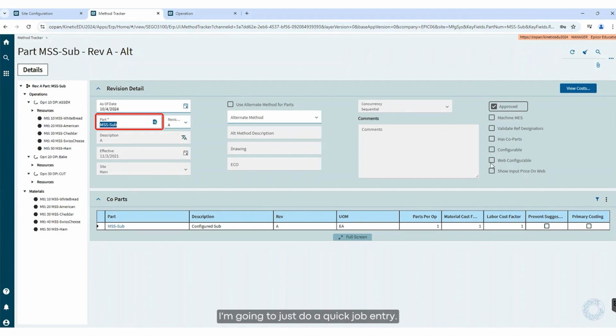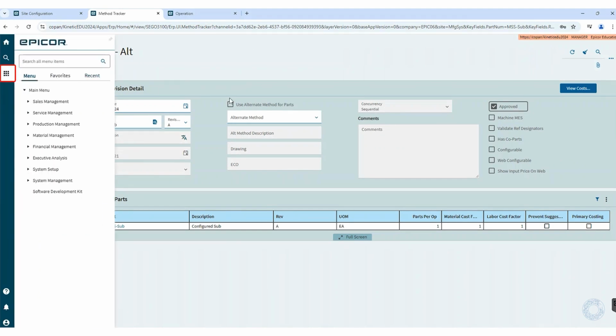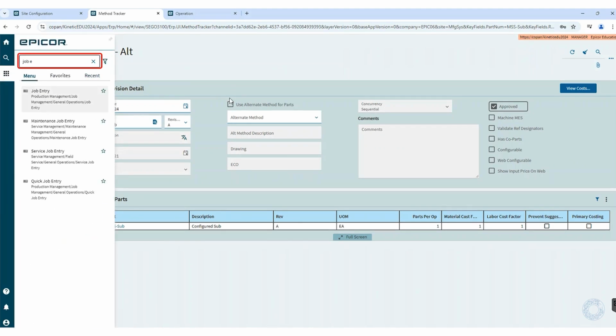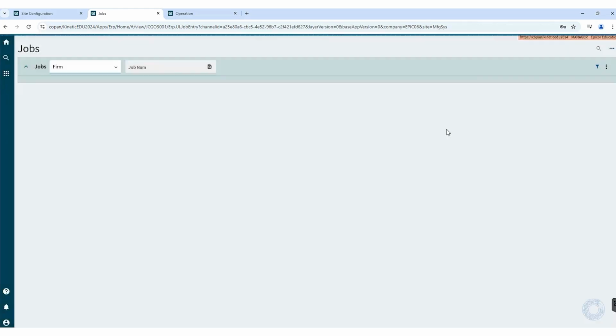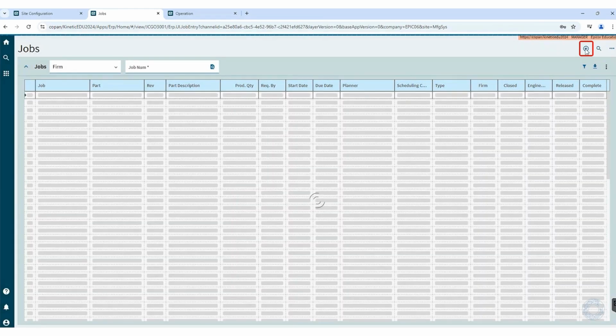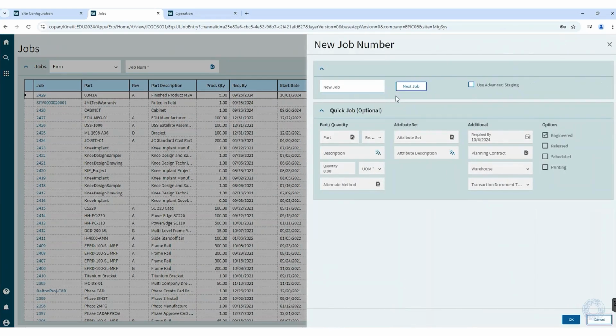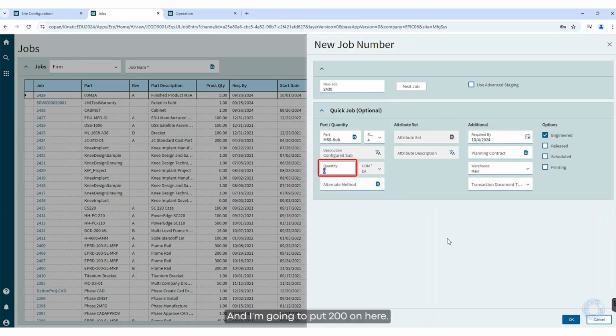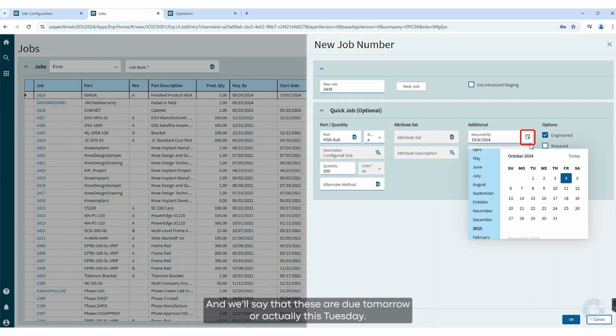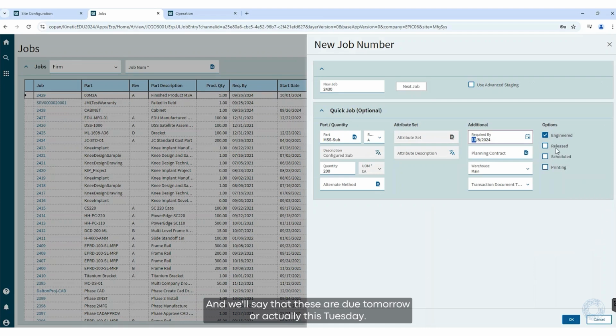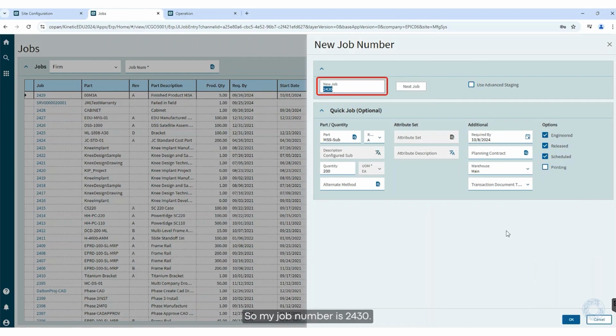I'm going to just do a quick job entry. Next job, and just put my part number in here, and I'm going to put 200 on here, and we'll say that these are due tomorrow, or actually let's say Tuesday, and we're going to go ahead and engineer, release, and schedule this. So my job number is 2430,